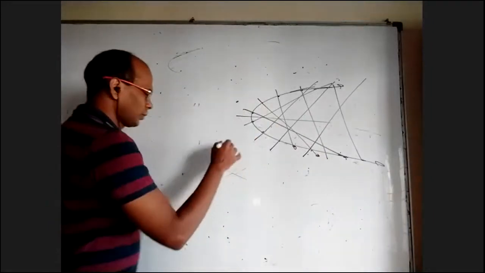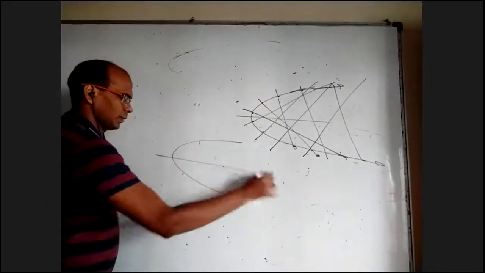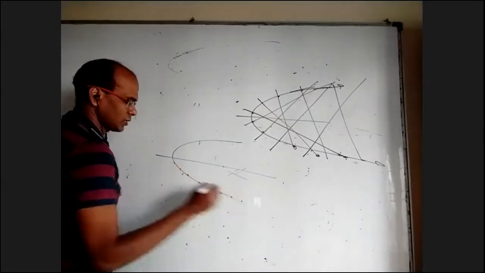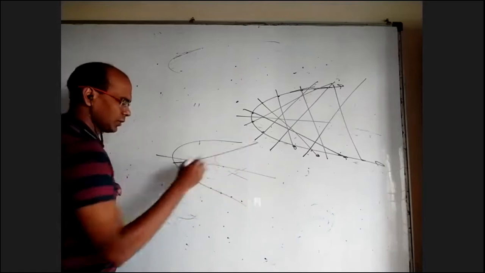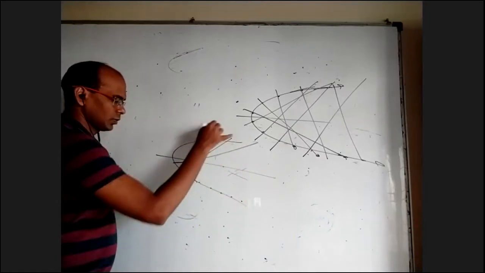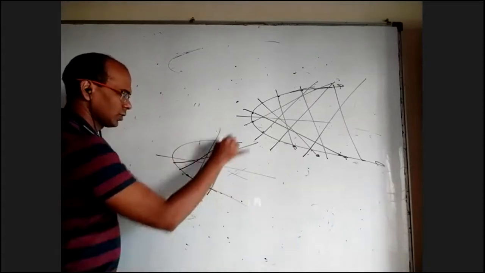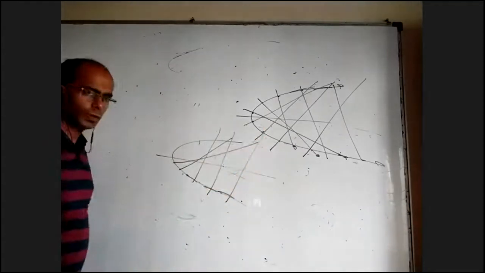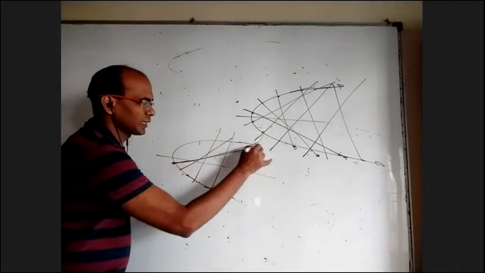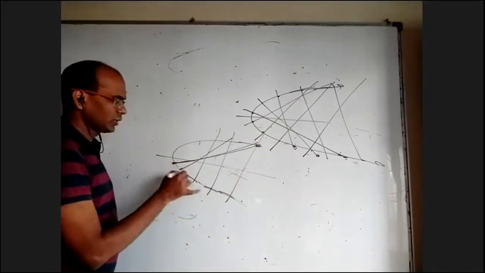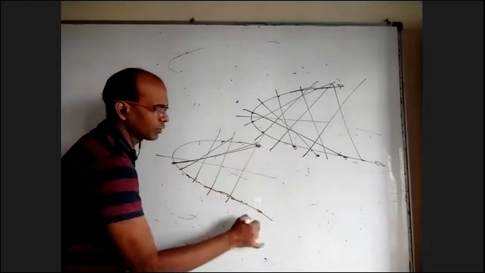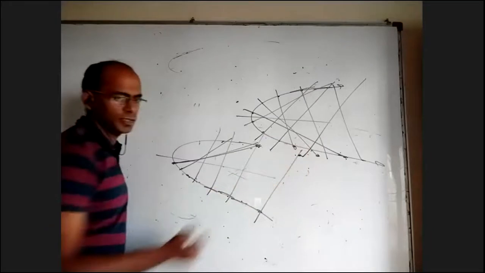Let me take only the upper part, it is easy to see. I'll take normals at different places. This is a normal here. This is a normal here. This is a normal here. Initially, when I took the normal, it intersected the parabola at one more point here. When I took here and here, the point came towards this. But again, after some time, when you draw the normal, where it is intersecting is here.